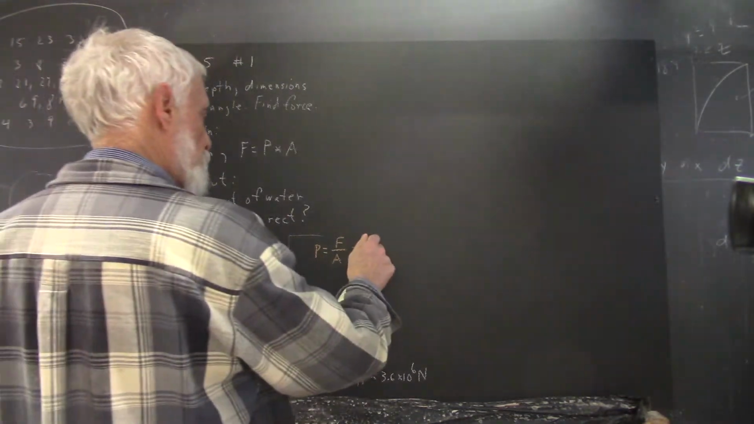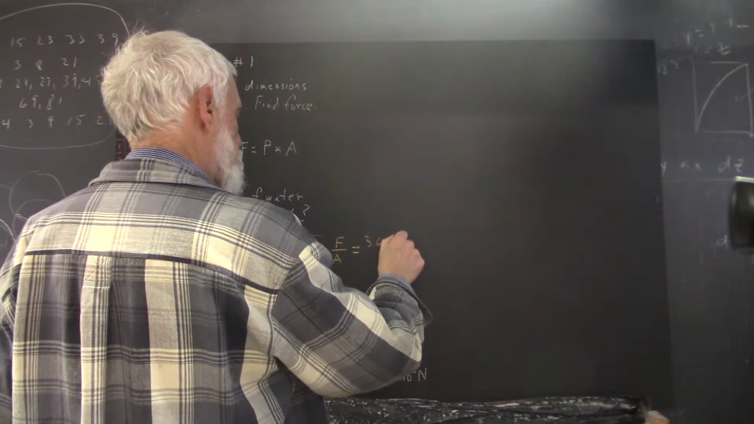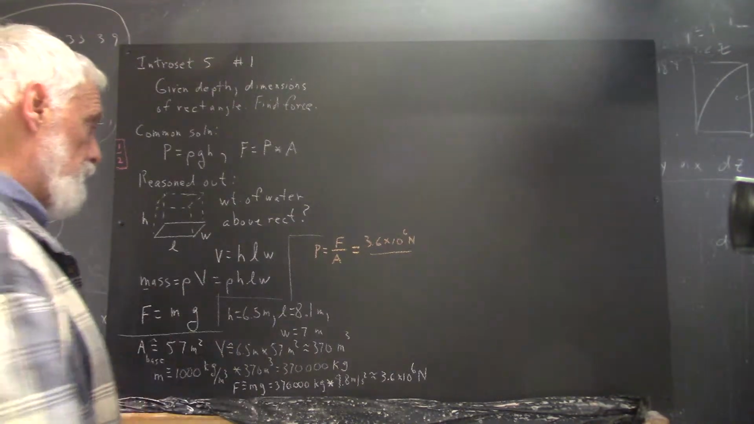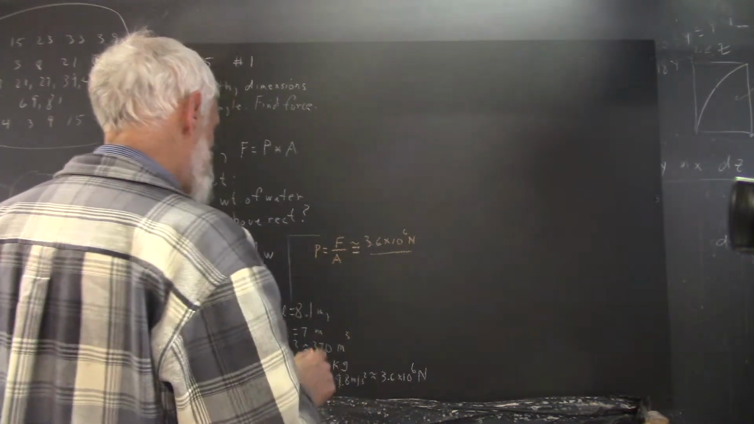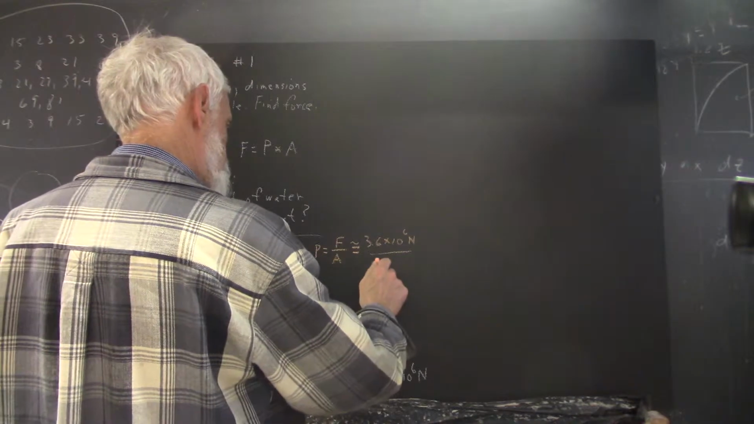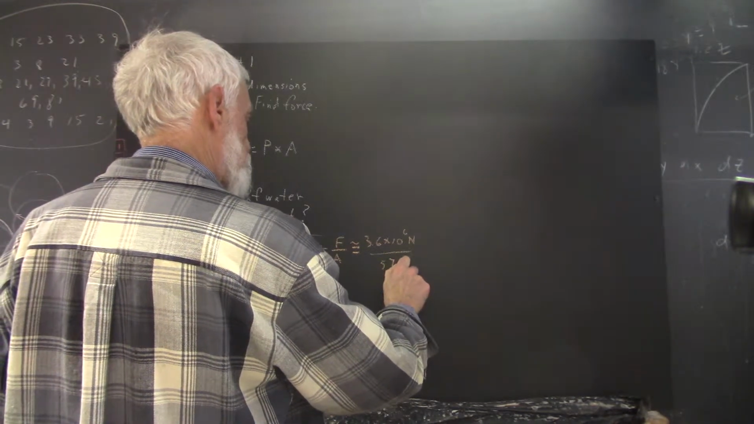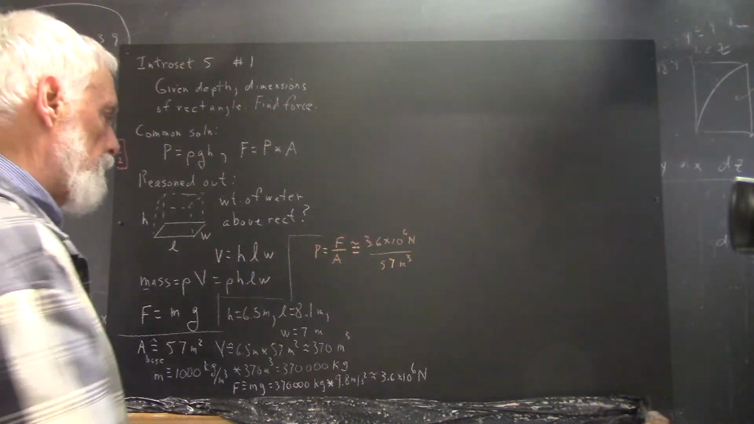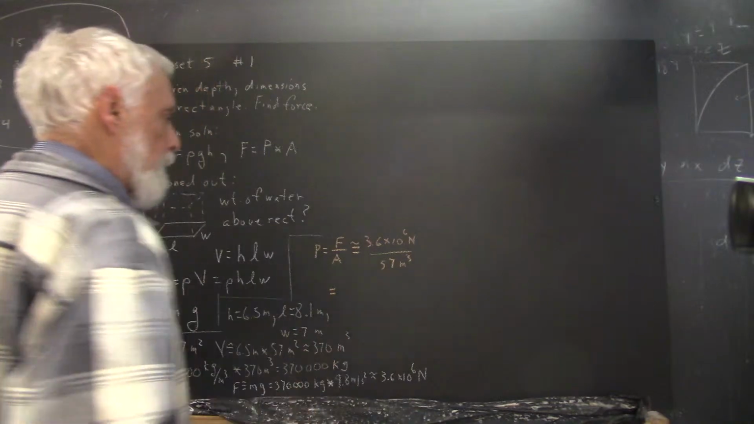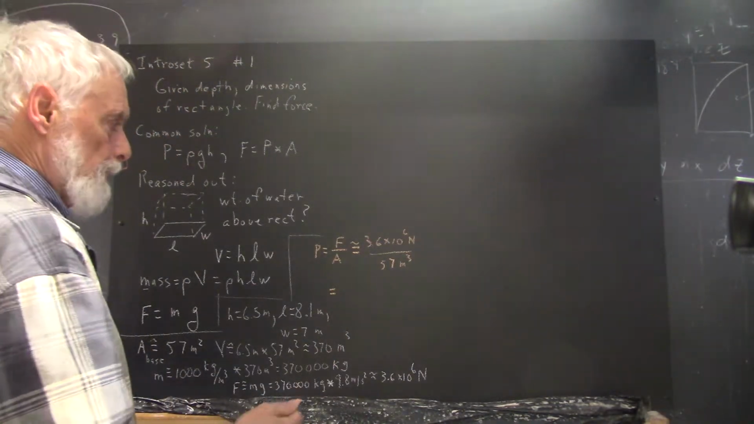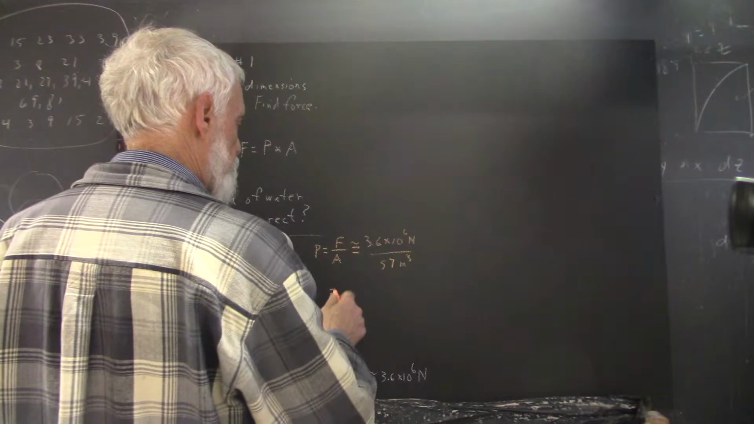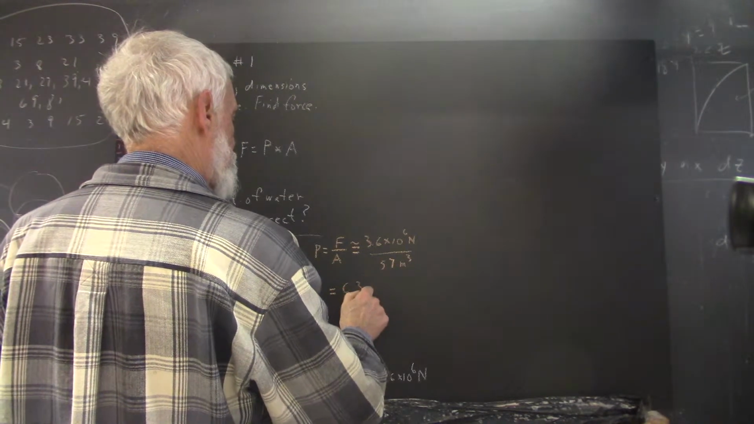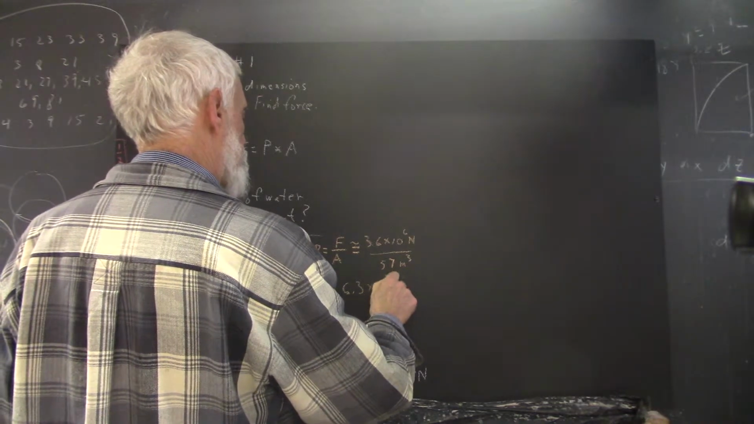So that's 3.6 times 10 to the 6th newtons divided by the area of this thing, which we said was approximately, so we'll say this is approximate, 57 cubic meters. Okay, so we divide that out, and we're going to get something times 10 to the 4th. It's going to be a little more than 6. So I'm going to say about 6.3 times 10 to the 4th newtons